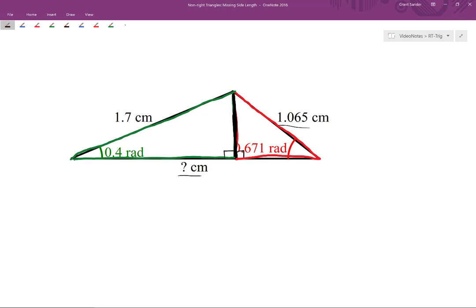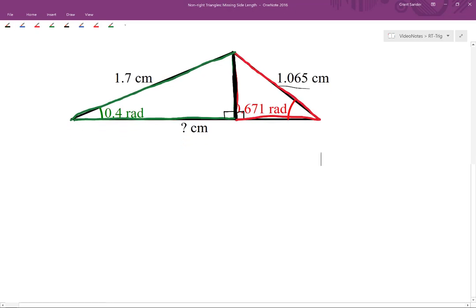So thinking about this just at a high level, if we knew the length of the horizontal side of this left-hand right triangle, and we know the horizontal length for this right side right triangle, if we knew both of those lengths, then we could add them together to actually determine the total length of the bottom of that larger triangle. So if we kind of draw this green left-hand side right triangle, if we redraw that,